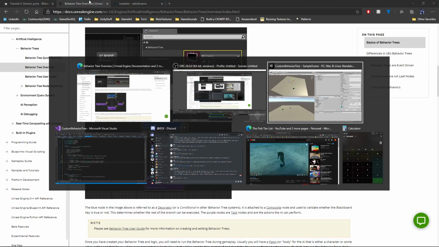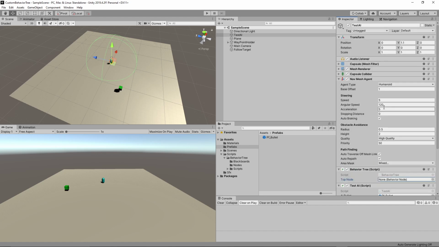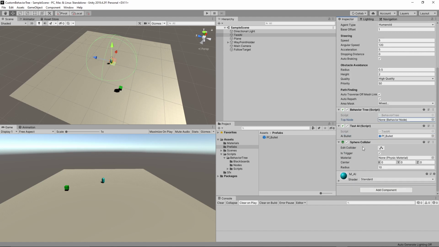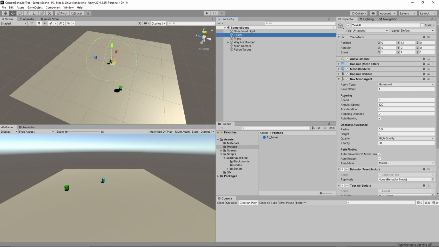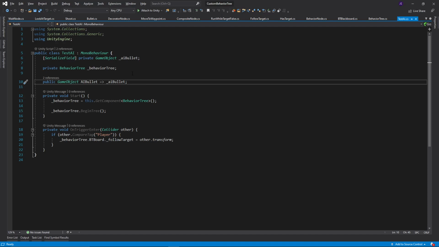So for mine, to showcase what I wanted to just go over the basics, I have an object in the scene that's going to be the test AI. On it, it's got some basic things. It's got like a nav mesh agent. It's got a collider, and this is for detecting things. It's like its sensor. It's going to detect the follow target, like a player in a way if this is an enemy. It's got test AI, which is just a simple script that hosts the behavior tree and has a